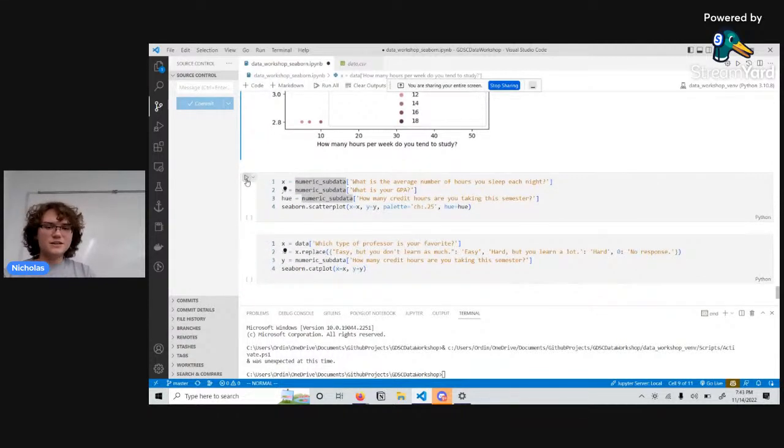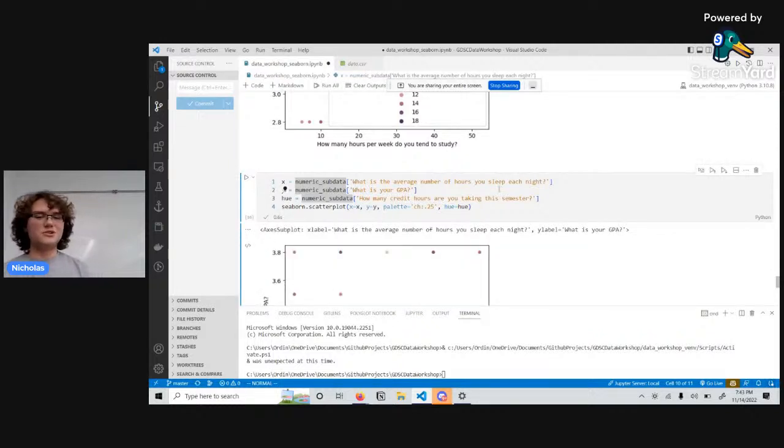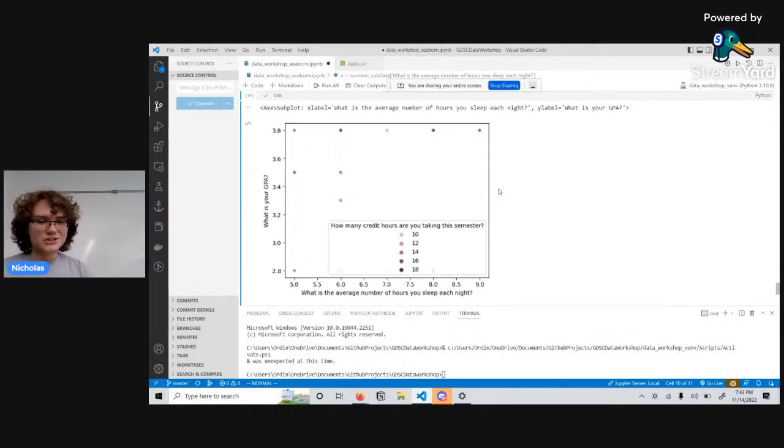So another one here is, what is the average number of hours you sleep each night versus your GPA? And the hue will be how many credit hours you're taking. So it looks like we have an exactly even distribution of people who have high GPAs and sleep. So it looks like sleep has nothing to do with your GPA, according to this. But it does sort of look like the people who have the most credit hours are sleeping more,